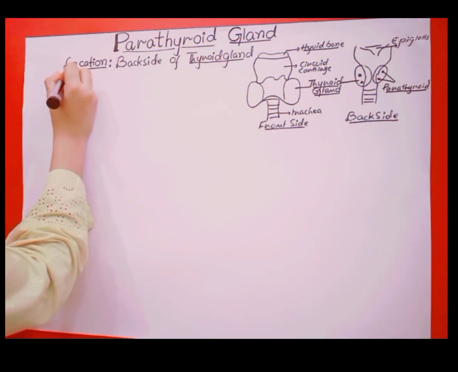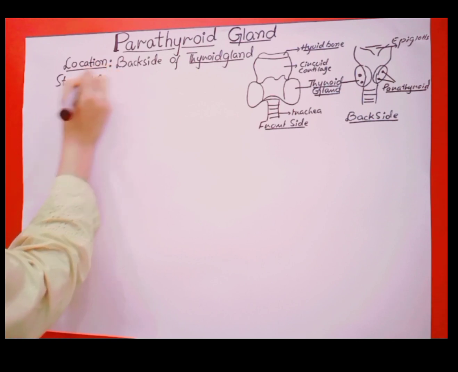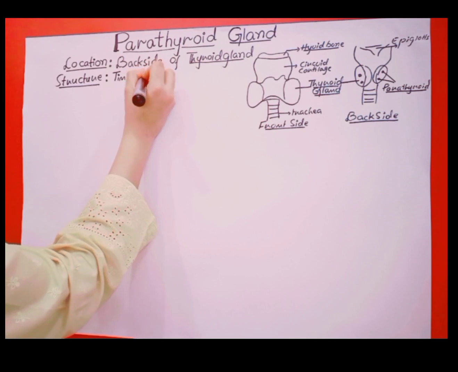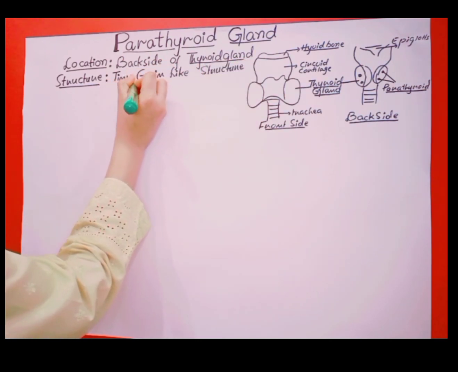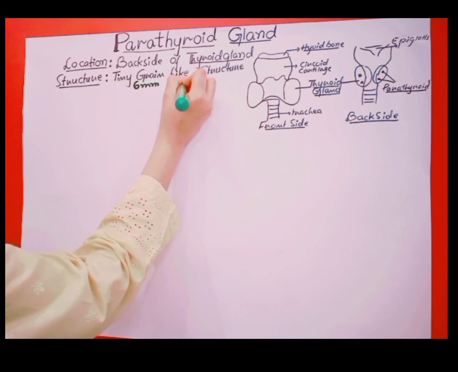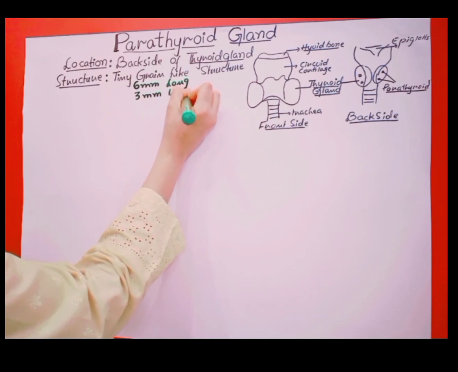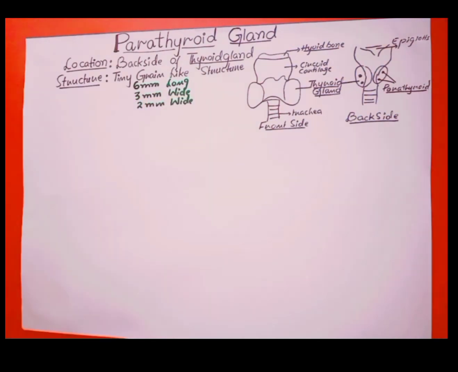Its structure: this parathyroid gland is a tiny grain-like structure, which is 6 mm long, 3 mm wide, and 2 mm thick. Now the next question is, which hormone is produced by this